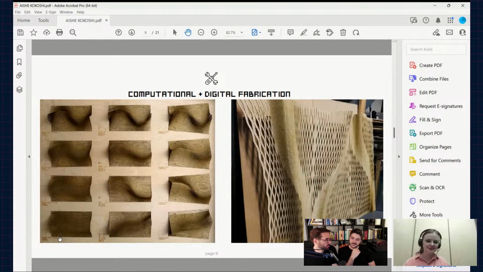This is very similar to the project that we did in our previous workshop two years ago. Yeah, it's a lot of mathematics with sine waves and adding multiple variables to get that perfect shape.